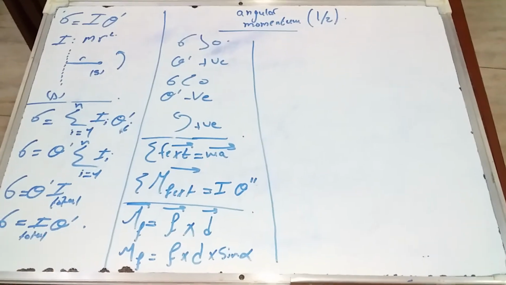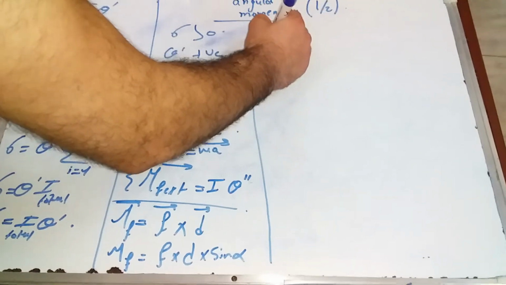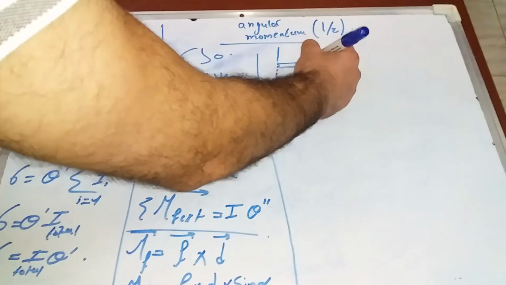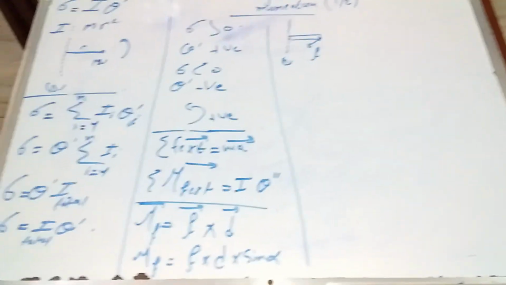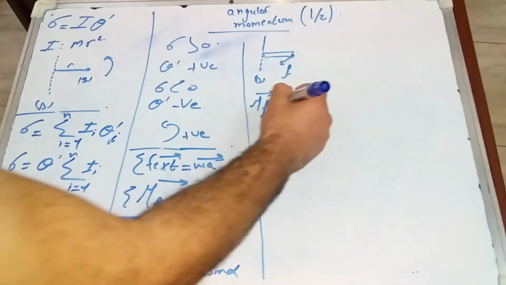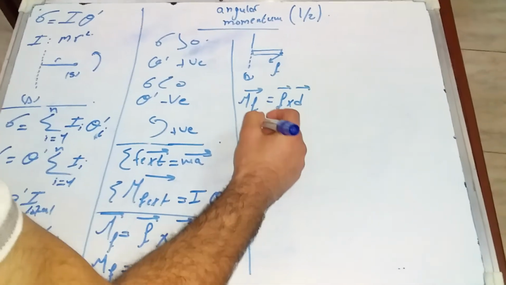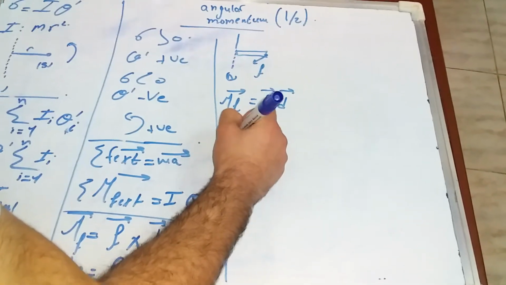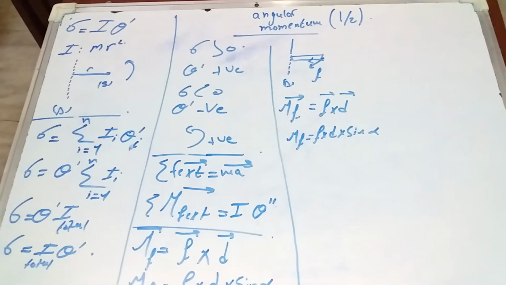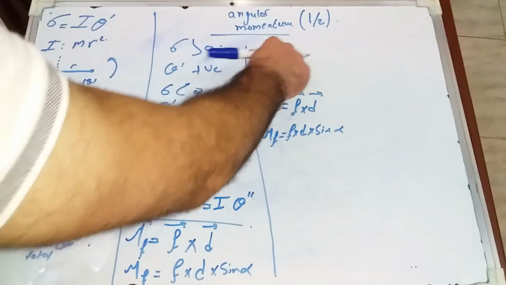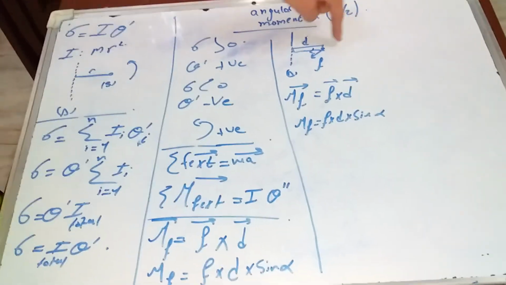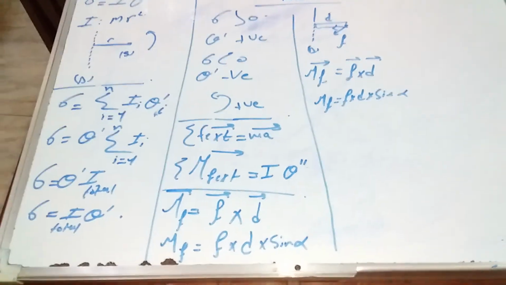So if we have here the axis of rotation, and a rod, and we apply a force F, then the moment of F will be equal to F cross D, and its quantity is F multiplied by D multiplied by sine alpha, where alpha here is 90 degrees, and D is the distance between the axis of rotation and the point where we are applying the force F. So this will be its quantity, and through the right hand rule,